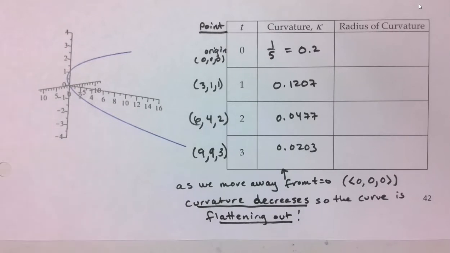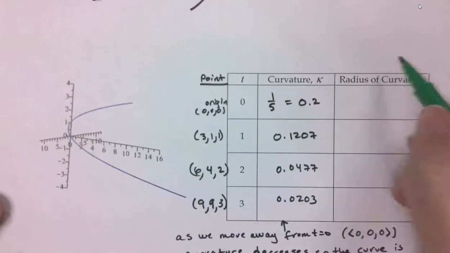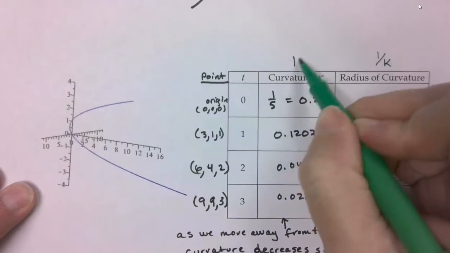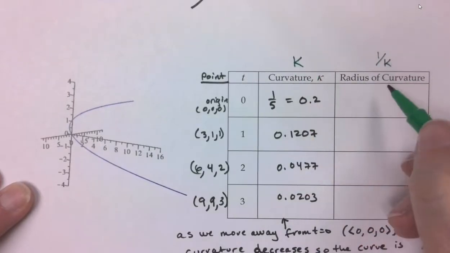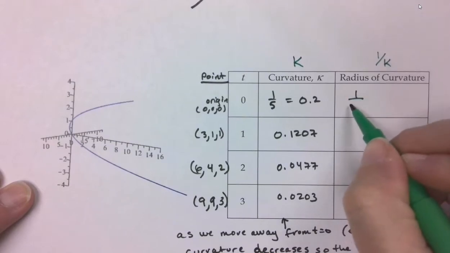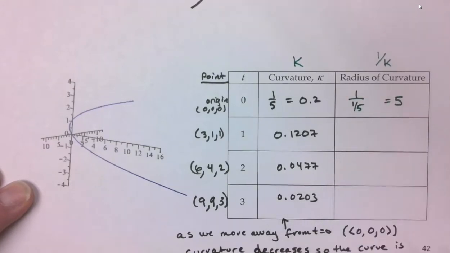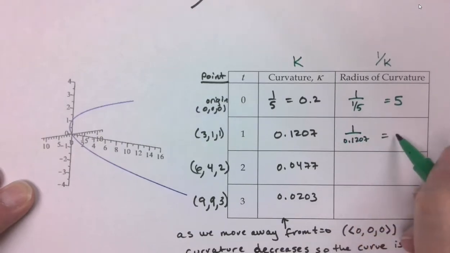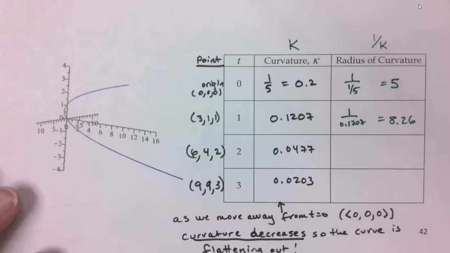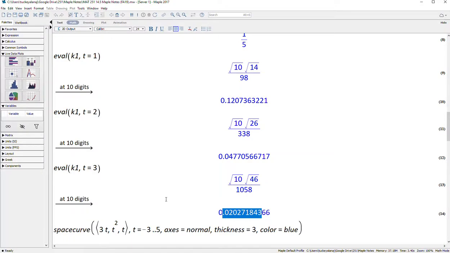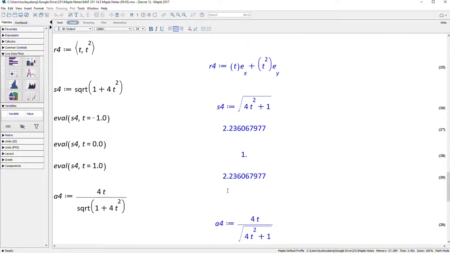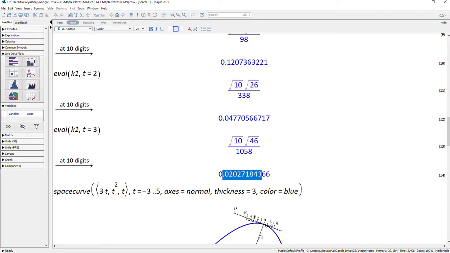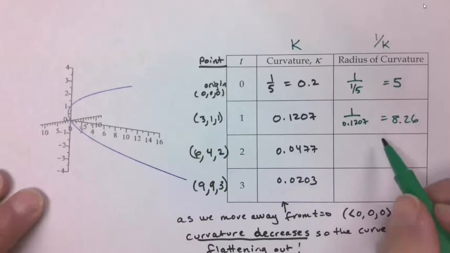Okay, well, let's also think about the radius of curvature at the same time. So the radius of curvature is 1 over kappa. Right, so this is kappa, this is 1 over kappa. It looks like a k, but it's technically not. So this would be 1 over 1/5, which is 5. This would be 1 over 0.1207, which is 8.26. I don't remember if I found these with Maple or with a calculator. Let me go see. Nope, looks like I found them with a calculator, which is fine. So I just took 1 and divided by each of those numbers. So I got 8.26,